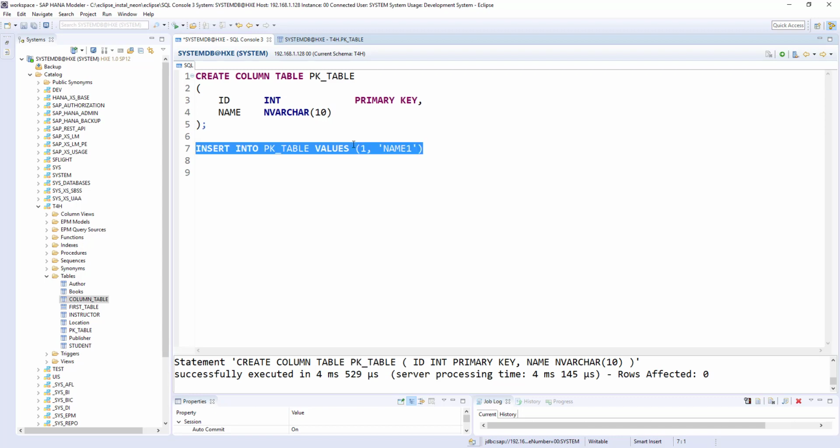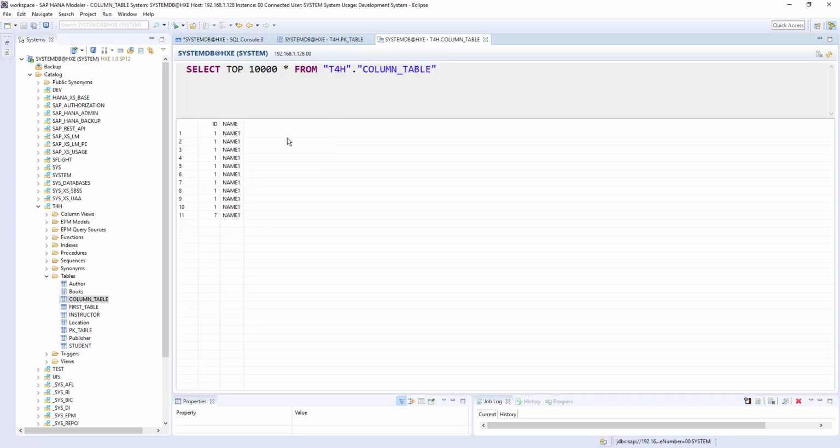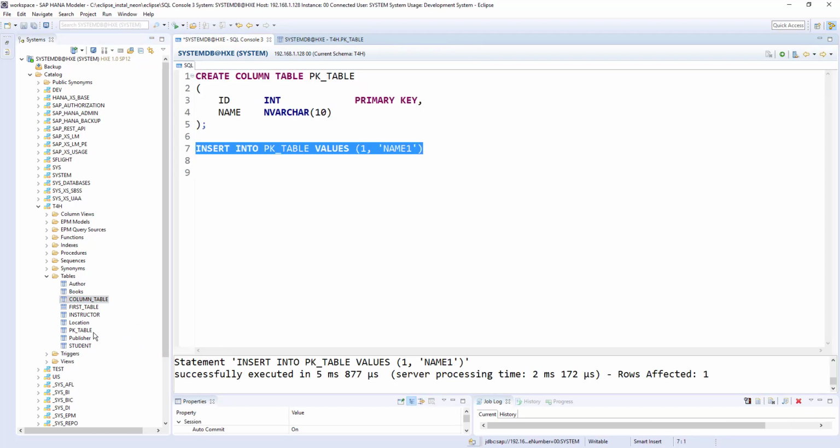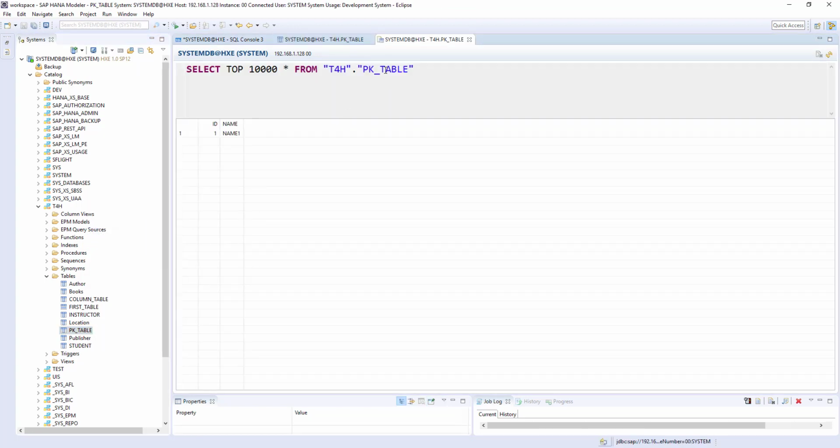So let's run this command. I ran this command, and let's see the data preview. Okay, sorry, primary key data preview. Now we have one record, id 1, name 1.